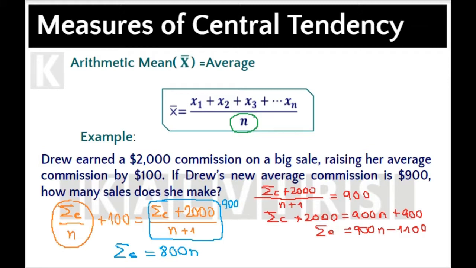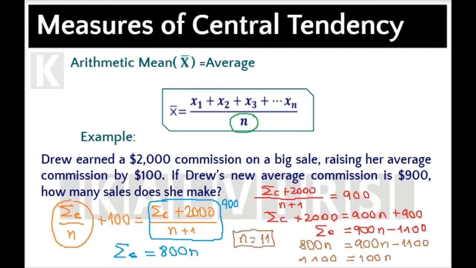I can't replace this one here. 800 times n equals 900 times n minus 1,100. So finally we get 100 times n equals 1,100. So n is